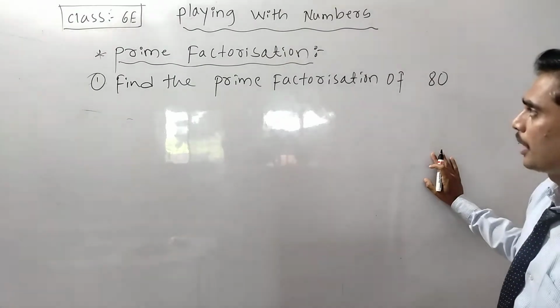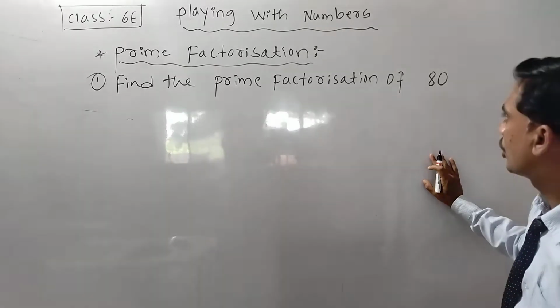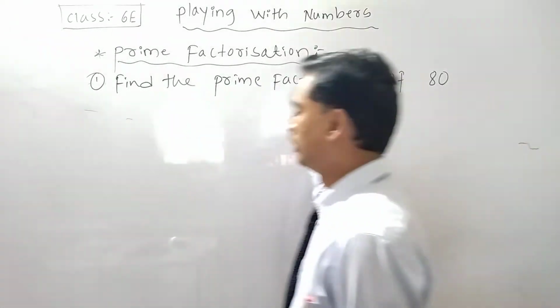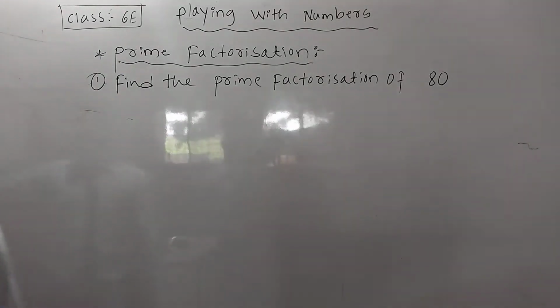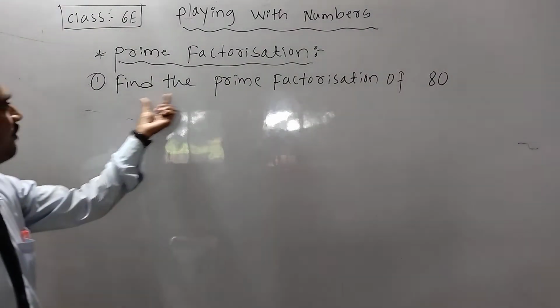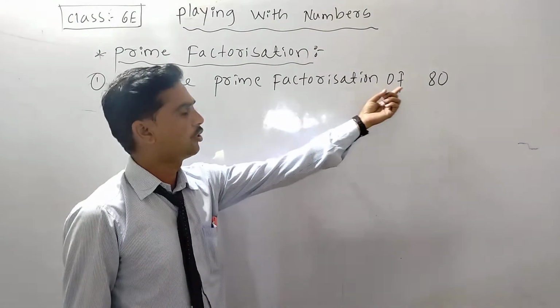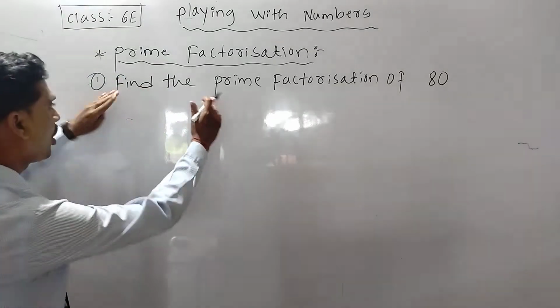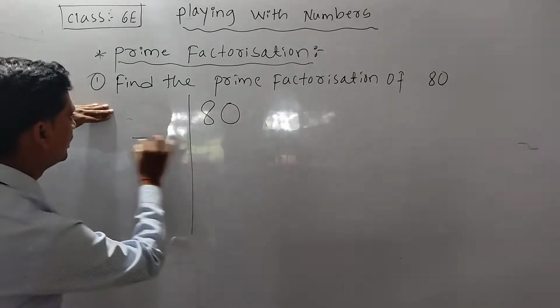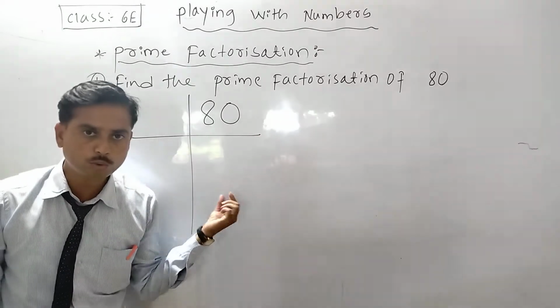Then how to find this problem? Find the prime factorization of 80. First you have to write here 80. Then you have to use